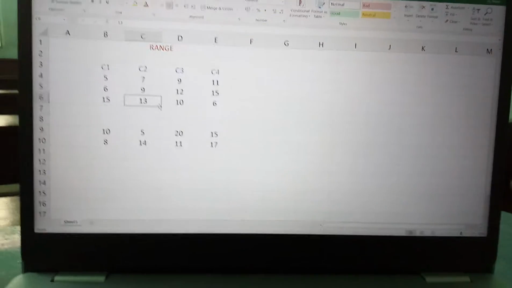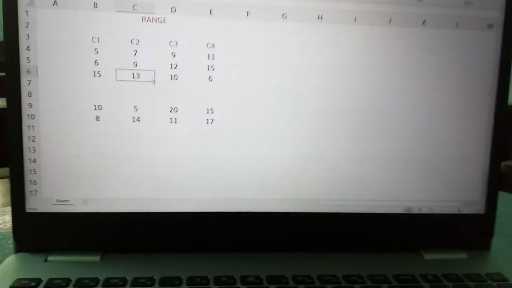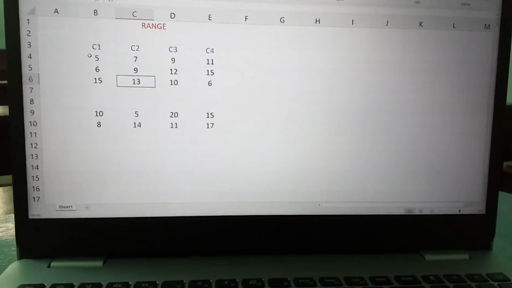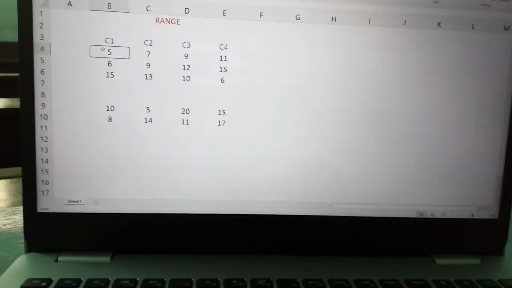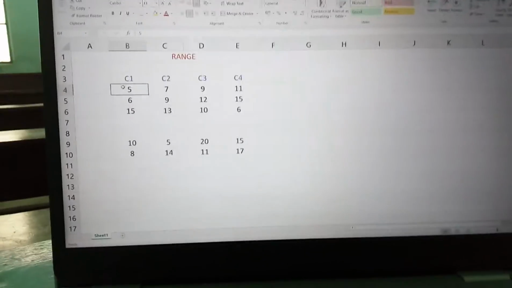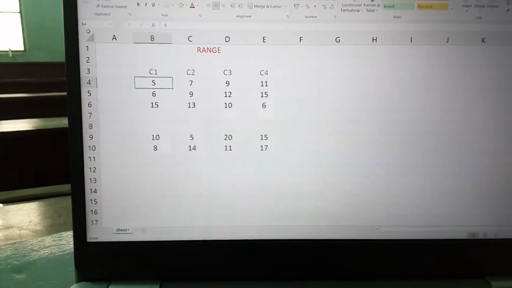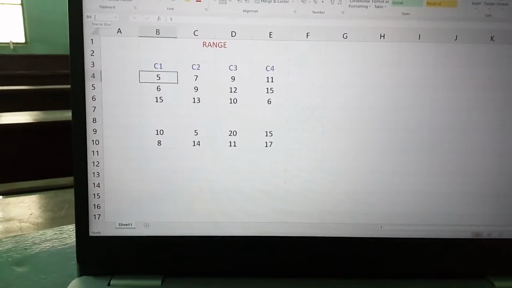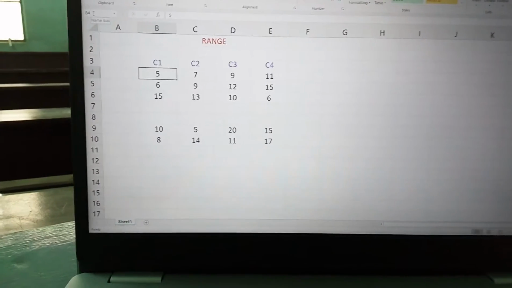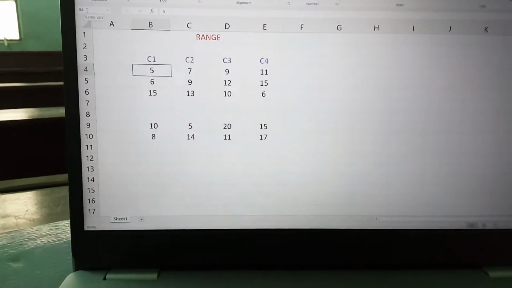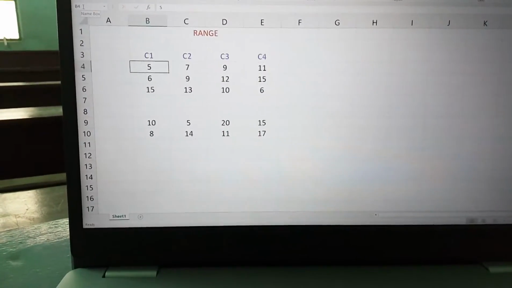Now I will show you this range practically. You see, at first if I click over here, the name of the cell, or the reference of the cell, is depicted in the name box. In the name box it is written B4, that means the fourth row of the B column.